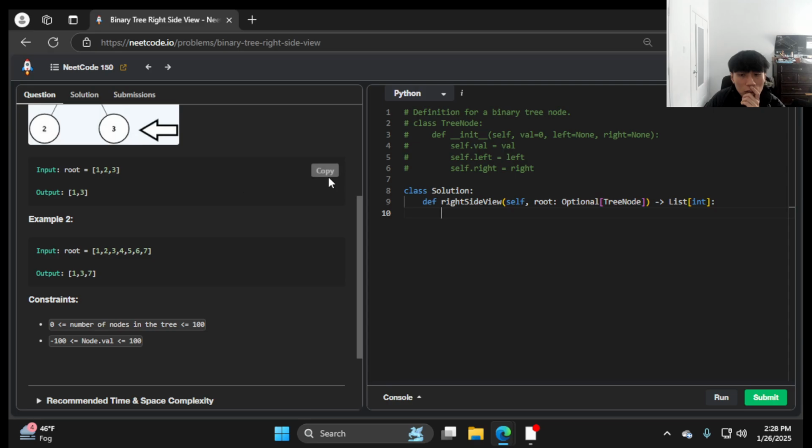So 1, 4, 5, 6, 5. Okay. That definitely makes sense. Okay, this one's not too bad. This is my first time solving it, but I can get it in one try. So if not root, now we can do